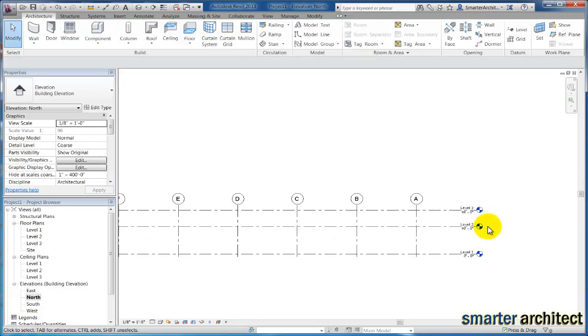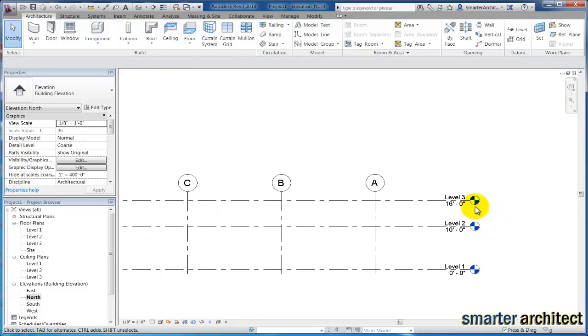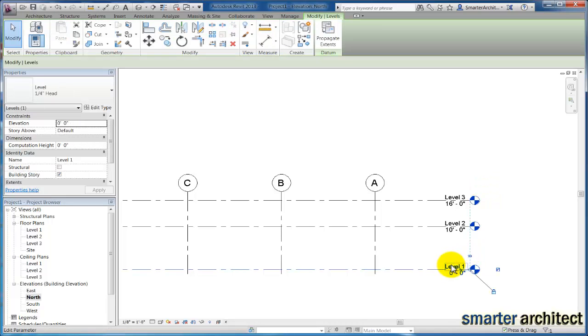So now you see I've dropped in my 3 levels. But the next thing I want us to do, let's rename these levels so that they mean something to us for our project. I'm going to click on level 1, and if I just type 1 dash first floor,